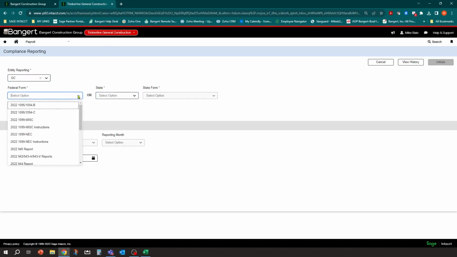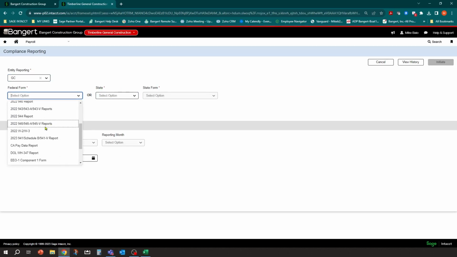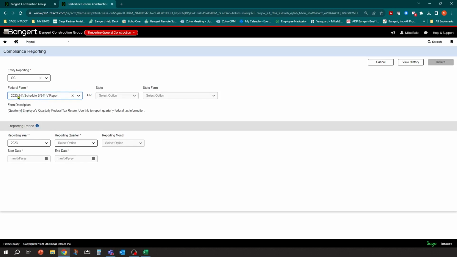So if I want to do a federal form, we're going to do a quarterly 941. When you select the form, it's going to give you the options that it needs. So this is a quarterly report for 941. So if your month end falls on a quarter, reporting year, reporting quarter, this would be the third quarter. Now I'm physically not in the end of the third quarter yet, but it pre-fills to my last date. And I could then come over to here in the top right and click Initiate.